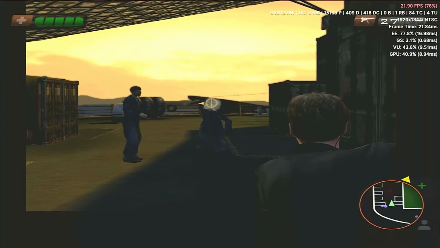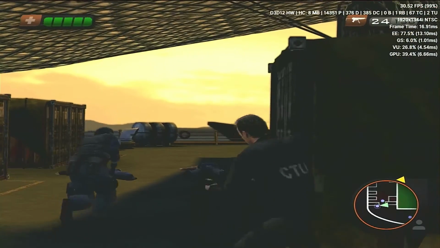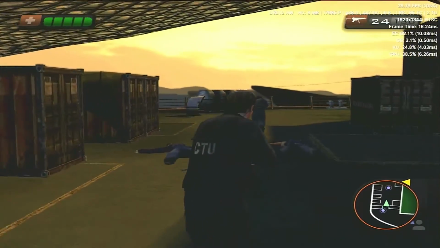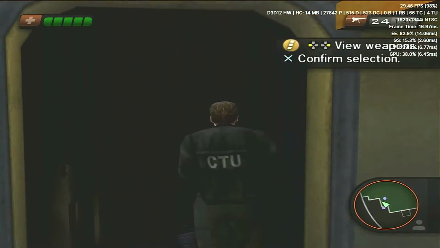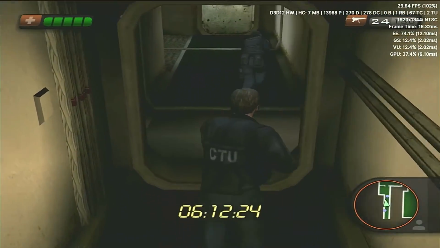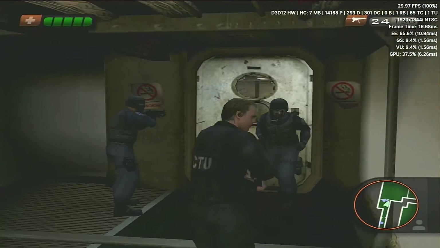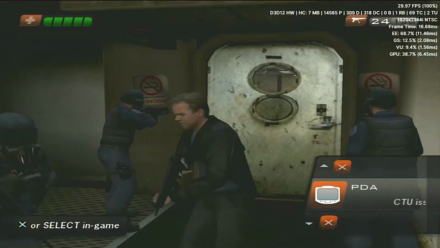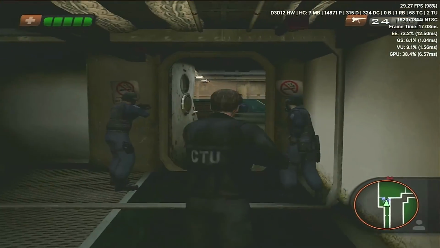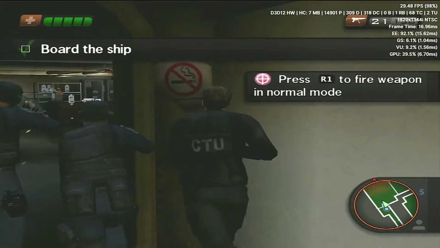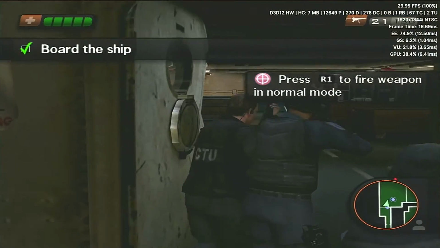And this game was absolute, a bit of frame dip there, but I think that was because the game was trying to do a bit of slowdown or something. But this game is 100% more playable than it was on RetroArch. Okay, we'll just get through this section, and then we'll switch to GTA Vice City and we'll have a quick look at that game, because that's the game more people would want to play than this